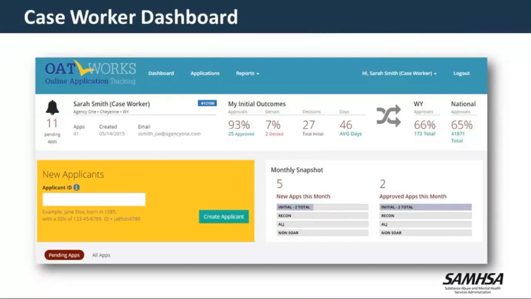You can see a little bell reminder of pending applications you have that you need to enter the decision on, and then a big yellow box, enter your new applicants. You can enter new information there. You can get a snapshot of what's going on monthly. So we tried to get all that information there, easy for you to use as a caseworker, kind of a quick glance.